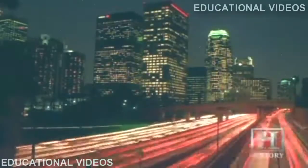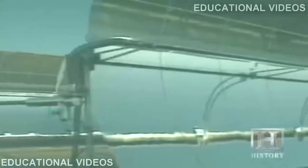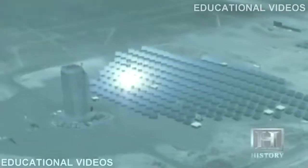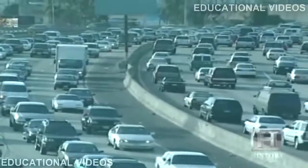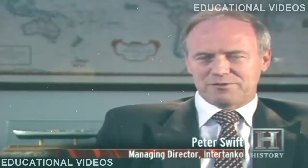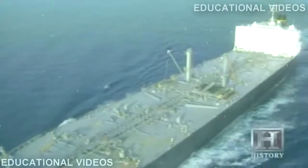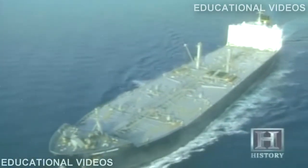Oil is the problem. Our nation and most nations in the world are over-dependent on oil. We're addicted to oil. While renewable energies are being developed, their evolution remains slow, and the world's demand for oil continues to increase. But oil is a non-renewable resource, and its supply will one day be exhausted. Today we're talking about oil being available certainly for another handful of decades, 20, 30, 40, 50 as routinely talked about. So for the tanker owner, there is not a real concern today that the world is about to stop